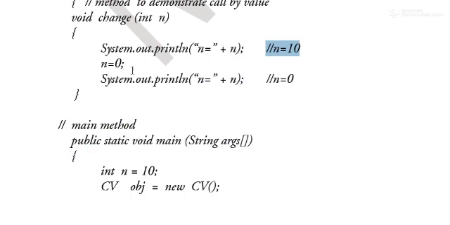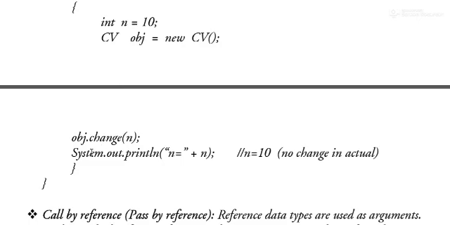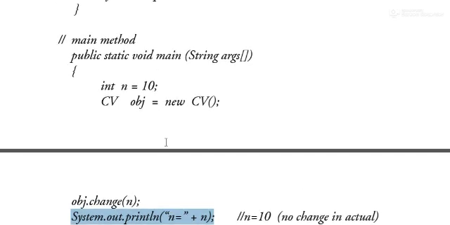After that we have assigned the value of n to 0. After that, of course, the value of n becomes 0, but after finishing this function, when we return back to the main method and again display the value of n, then it will display 10 because there is no change in actual parameter. The reason behind this is